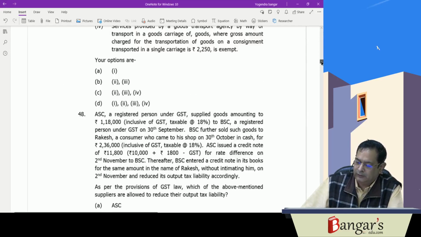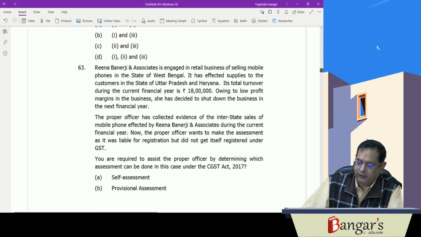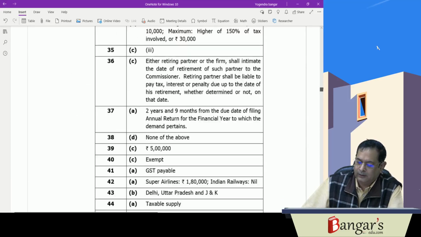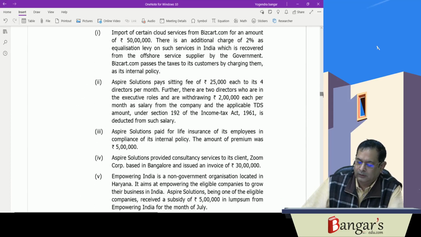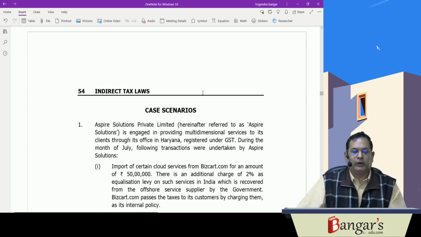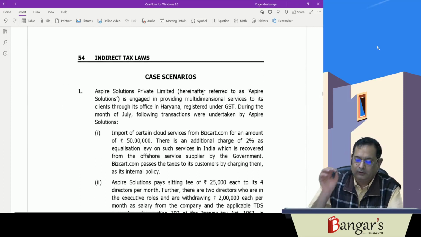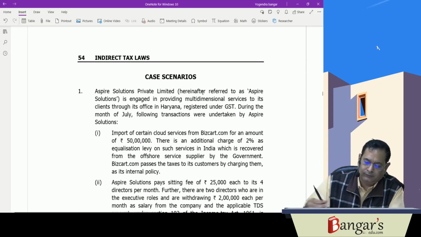So first, we will discuss the first case scenario now. So this is our first case scenario here. Now what has been provided is